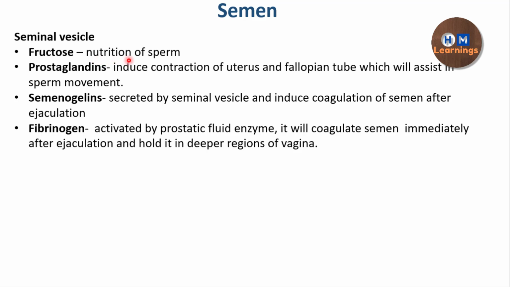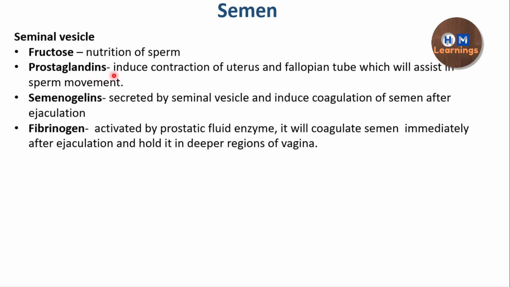So the seminal vesicle is contributing the fructose, which is giving the nutrition to the sperm. If you remember the video on the sperm structure, we have talked about the metabolism of the fructose also, like that there are GLUT transporters present on the sperm membrane, through which the fructose enters inside the cell of the sperm. In the sperm there is mitochondria,